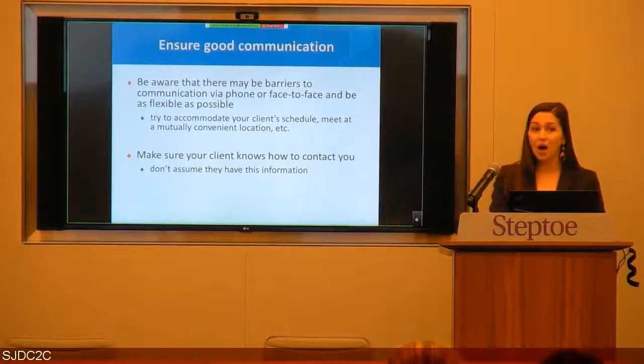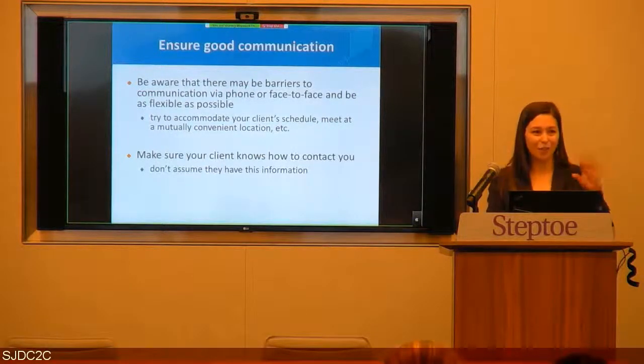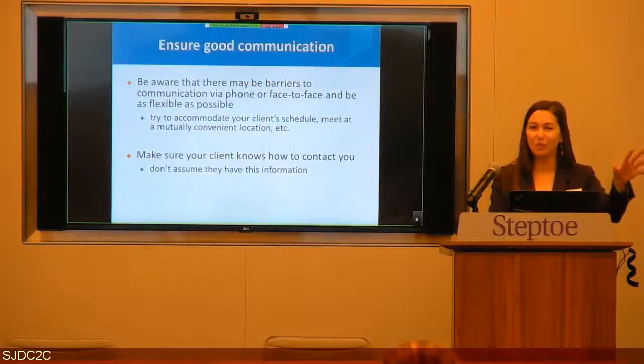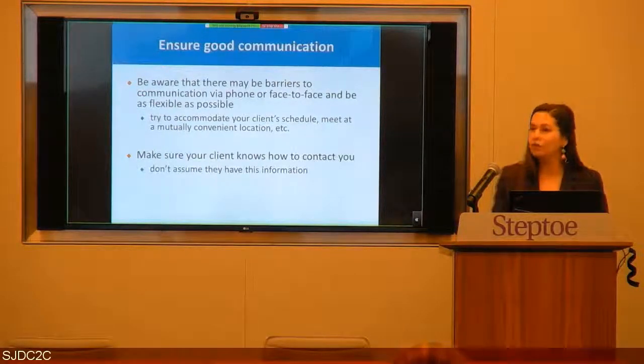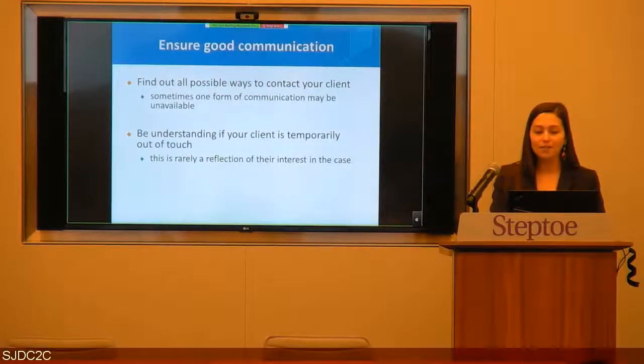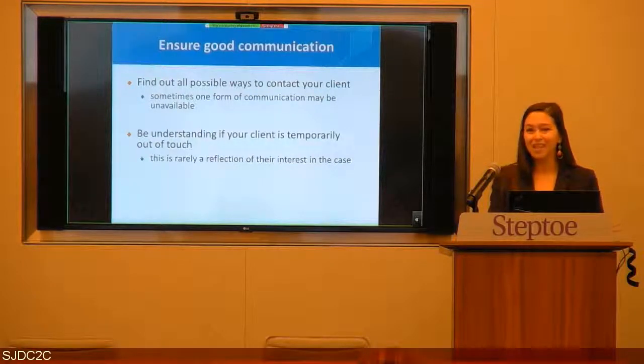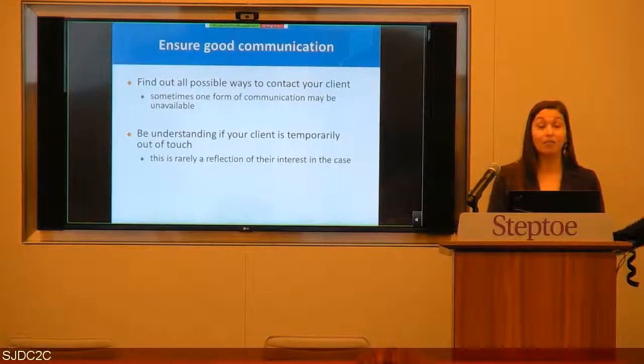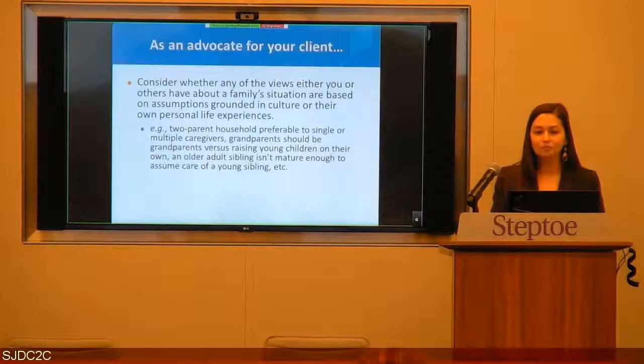Sometimes pro bono attorneys might not come to us quickly when they have communication problems. We're like, no, we do this. We can mentor around that and give you some tips if for some reason you're not getting through or have any challenges that arise. So if someone is temporarily out of touch, again, not you, we don't find that is indicative of their interest in this case, in moving things forward and working with you. Usually something else has come up. They may have another fire on their plate that they've had to deal with. So please, do your best to be patient and understanding, but also reach out to us if for some reason you're out of touch for a significant period of time.